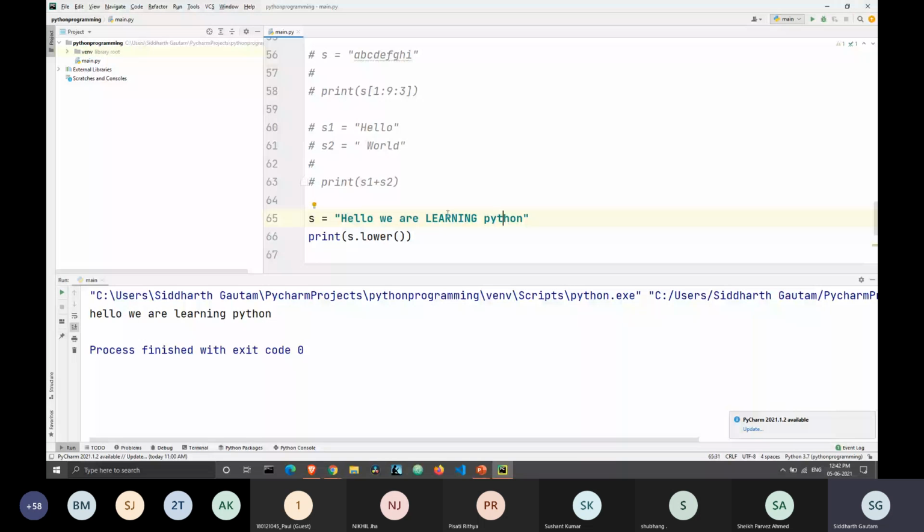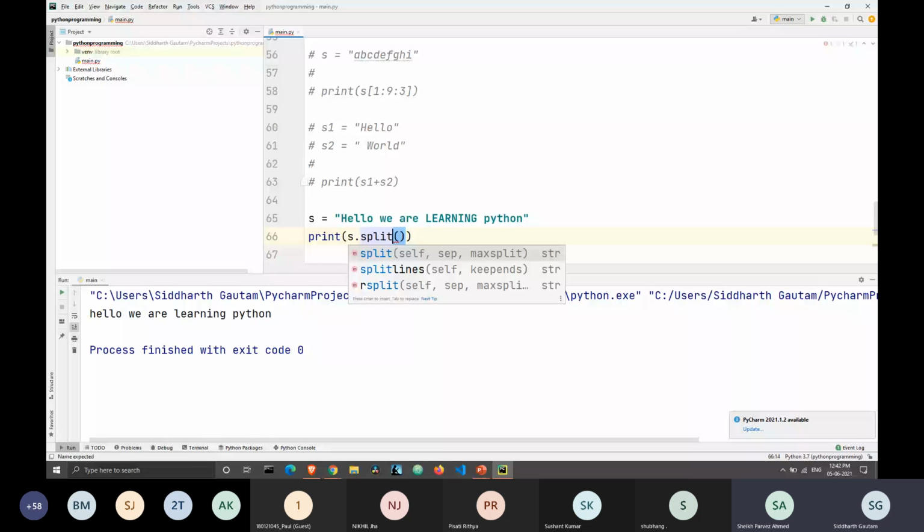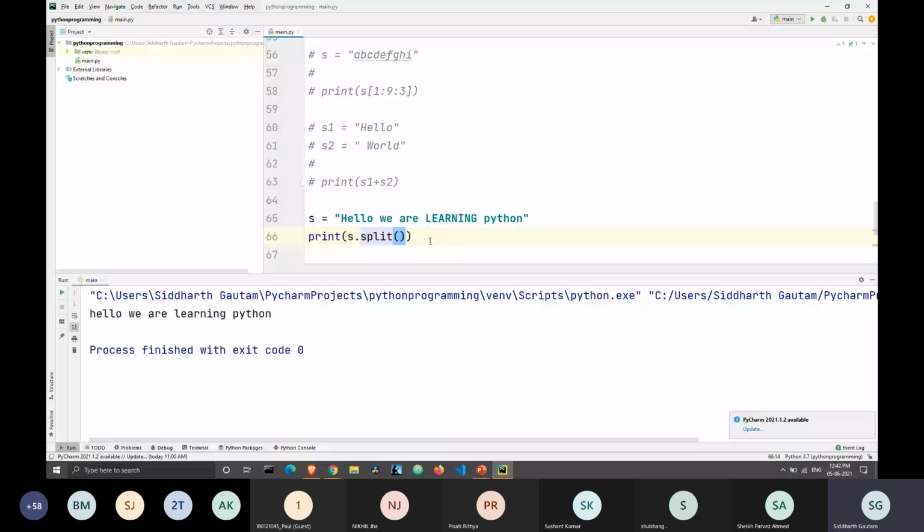And let's take a look at some more. Let's see what happens if I split this. Yes, it was the same. String dot capitalize will just convert the first letter to capital. It won't convert the whole string. Okay, so it was already capital. Maybe that's why it threw an error. Yep.